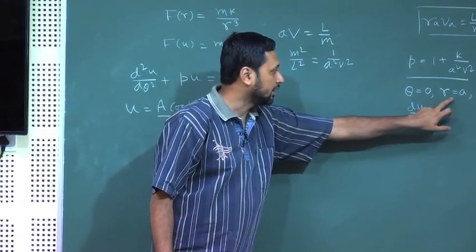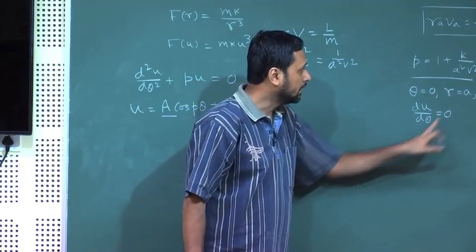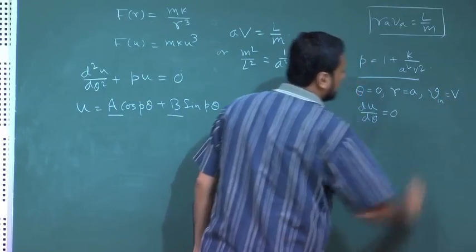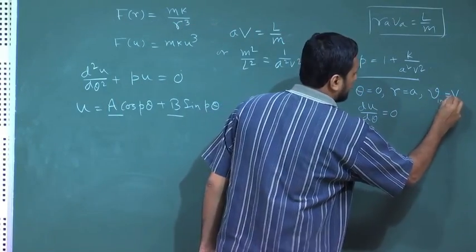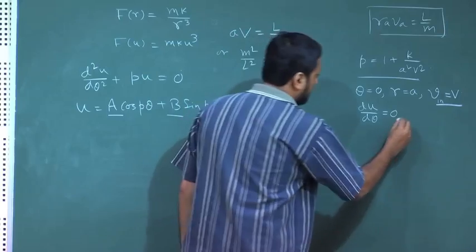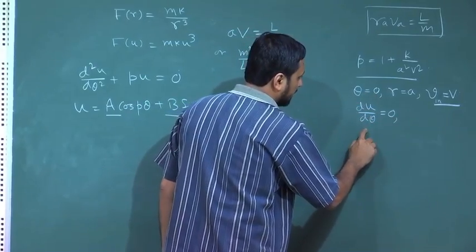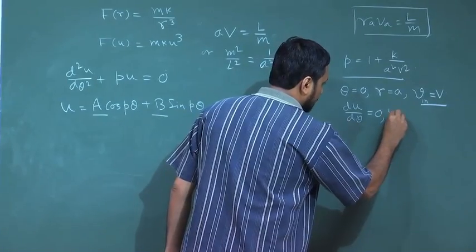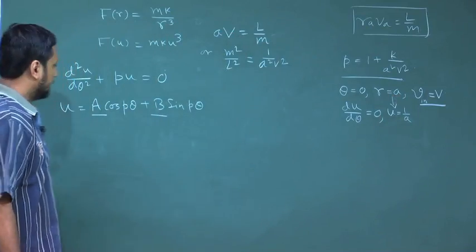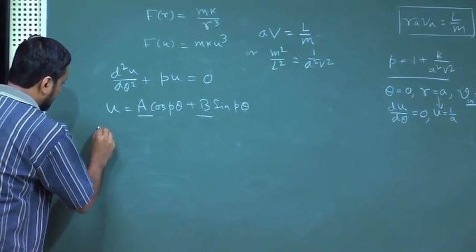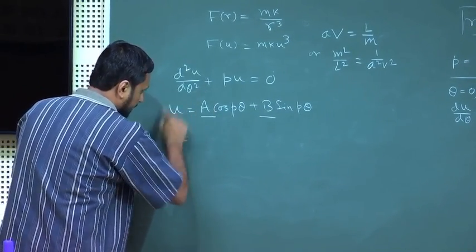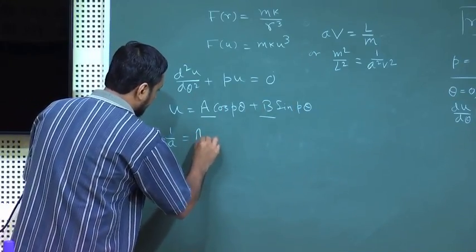We have at theta equal to 0, r equal to a, du d theta equal to 0, and v initial is given by capital V. For the second part of the problem, we will need this one. Right now, we just need at theta equal to 0, du d theta equal to 0, and u equal to 1 over a, that is just from this relation. Now, if we put u equal to 1 over a and theta equal to 0, we see that the solution of this equation gives